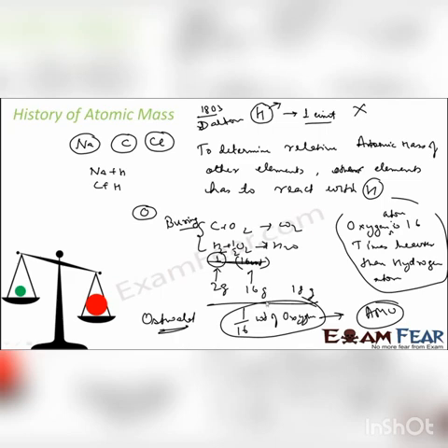But there was a problem. Science progressed and they found that oxygen has 3 isotopes: 16, 17 and 18. In fact, oxygen 16 is almost 99.7% and the others are very few. But oxygen having 3 isotopes created some problems. So which one to choose? Should we choose 16 or 17 or 18, or the average of all these 3?